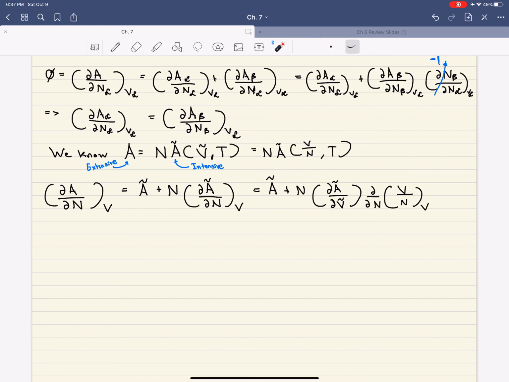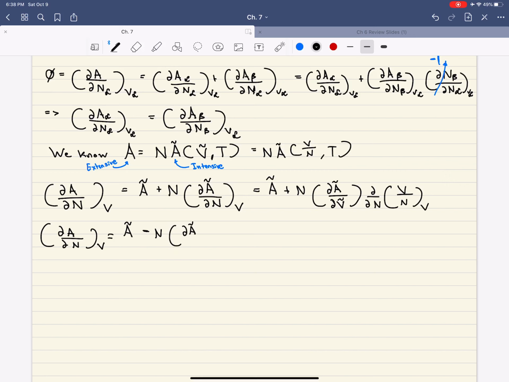Where the step I took here is essentially, I did the expansion rule such that I rewrote dA dN as dA over dV times dV over dN, right? And so here, I just wrote out V squiggly. But in this partial derivative, I expanded out the V over N, okay? And so, if I rewrite dA dN at constant V, it's going to be A squiggly minus N